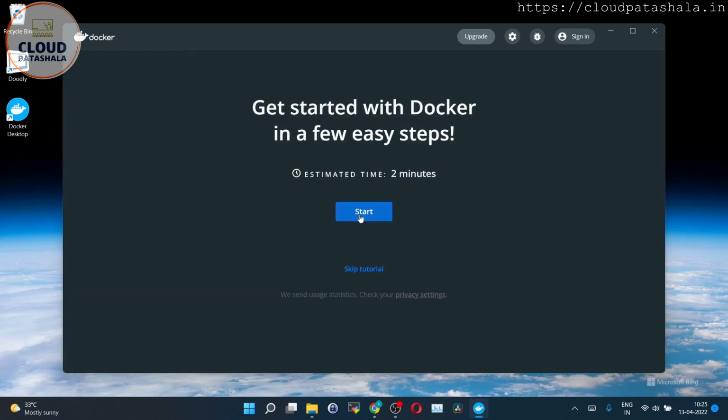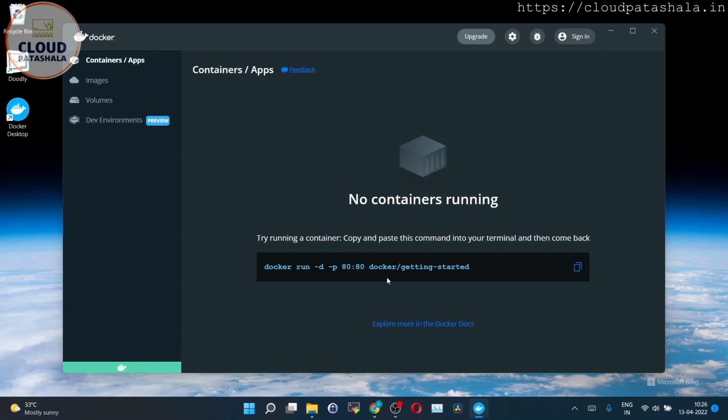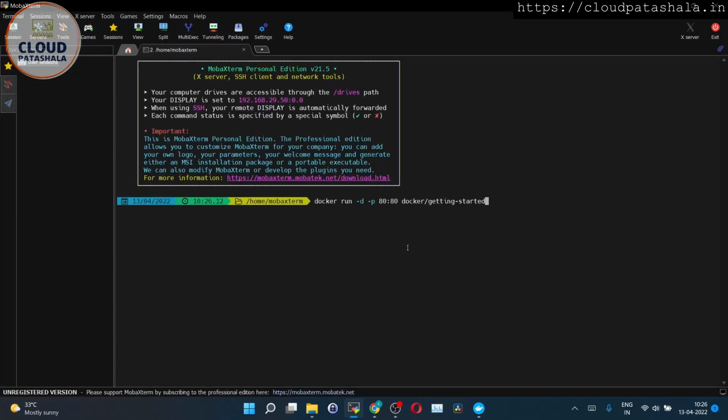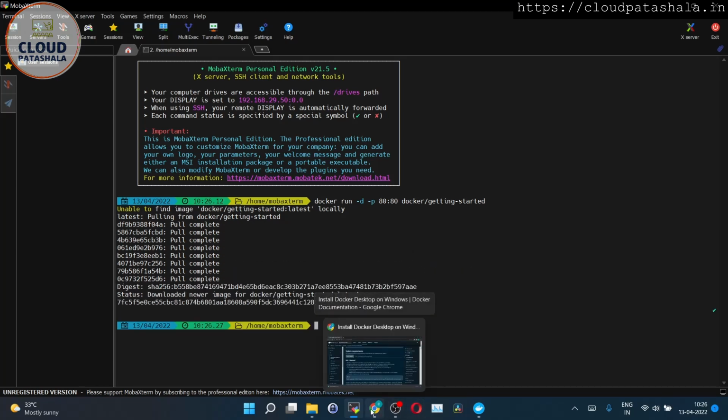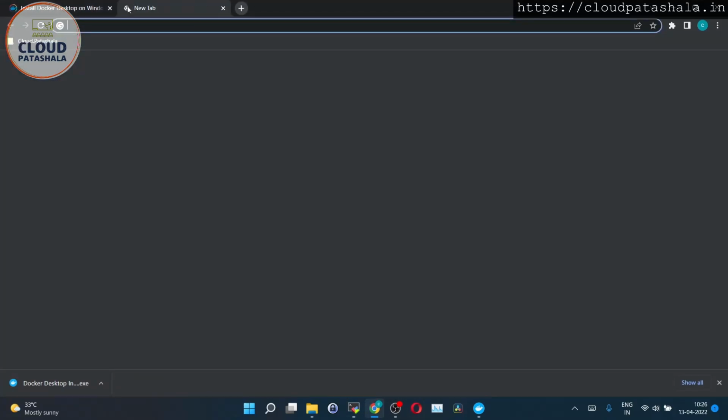If you want an easy tour of Docker, you could start the tour, or you could skip the tutorial, and we could run this initial Docker command. This would help us run a Docker setup. Once the image is pulled and the service is running, we should be able to see this in the localhost. So now let's go to localhost